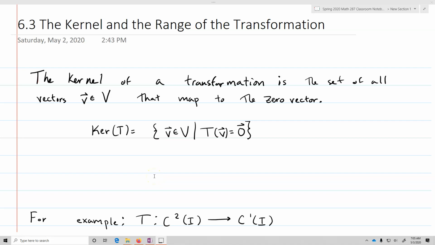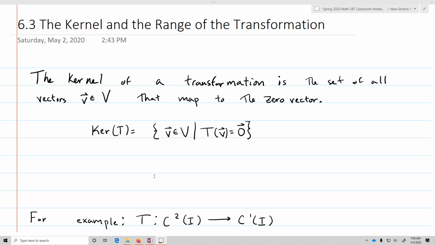So in this section, what we're going to discuss is the kernel and the range of the transformation. So we've been talking about linear transformations and how what they do is they transform entire spaces. They transform every vector inside of the space, sometimes along a certain set of rules, sometimes in ways that are maybe a little bit more unpredictable, but there is a certain kind of transformation that's occurring. And what we want to now do is dive into a way to generalize,